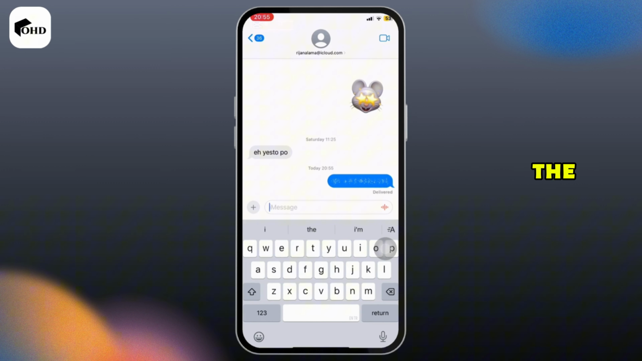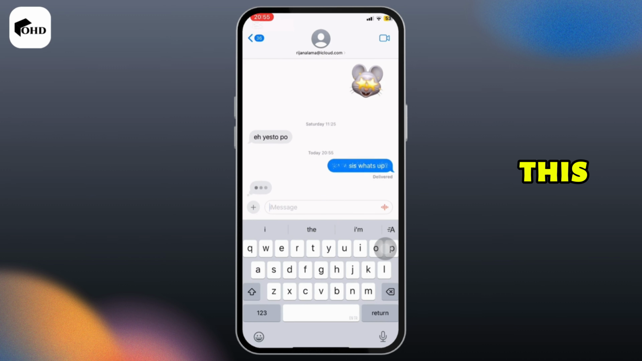There you go. The invisible ink effect has been enabled and sent to this person. Now this person has to tap on it in order for them to see the message. So this is simply how you can send invisible ink special effect on